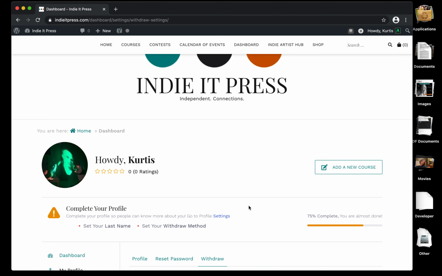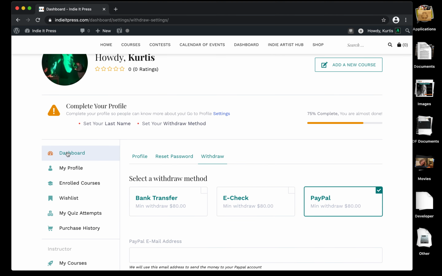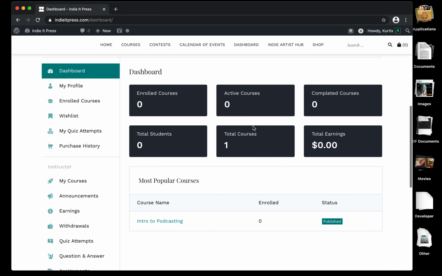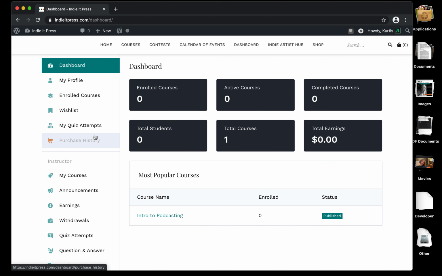So it's pretty simple for the most part. If we go back to the dashboard, then we are going to go look inside Curtis's podcasting course. And as you can see here, on the dashboard, after you've done everything, you can see your class, Intro to Podcasting. As you teach more courses with Indie Press, and I hope you do, not required to, but if you